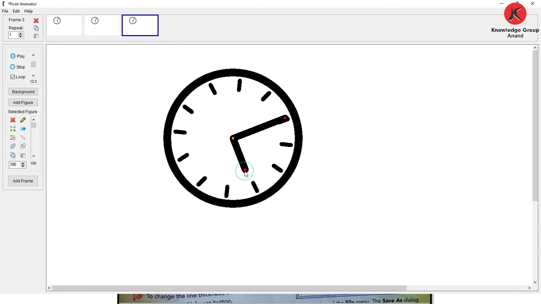A little bit change. Then next add figure, then change it a little bit. Next we can add here to here. Then again add figure, select it and go to here, move there and change a little bit.